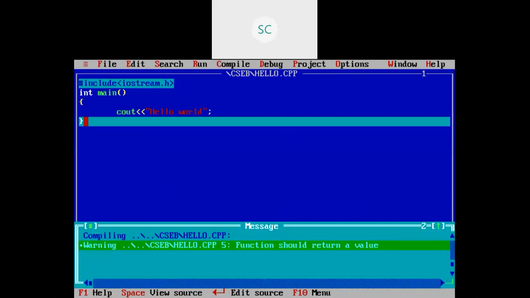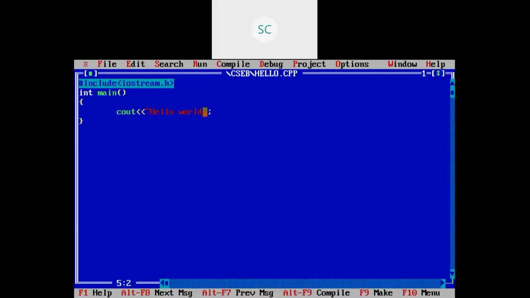In the message you can read this warning: function should return a value. It means that within the main function I have taken the return type as int. If I take int, it is mandatory to write a return statement here.